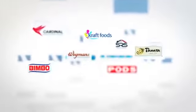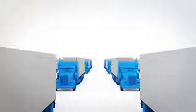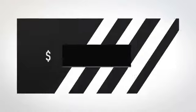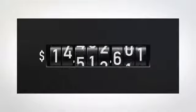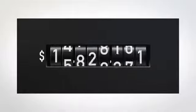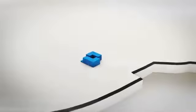With more than 1,500 customers operating more than 700,000 vehicles, AmeriQuest is the premier fleet management services company in the commercial trucking industry. AmeriQuest's total cost analysis has saved customers millions of dollars by identifying the optimum life cycle and combining it with flexible financing solutions designed specifically for each customer's operation. Now we'd like to do the same